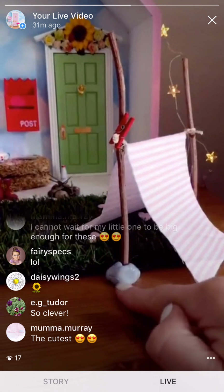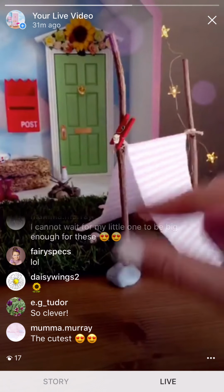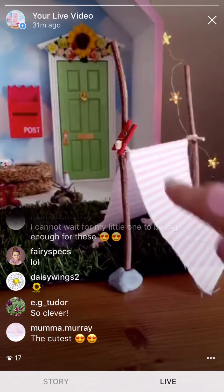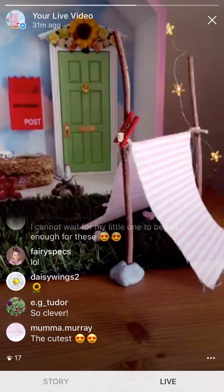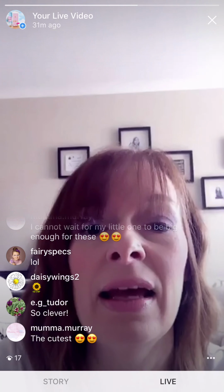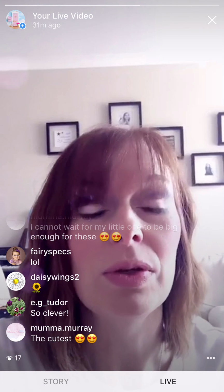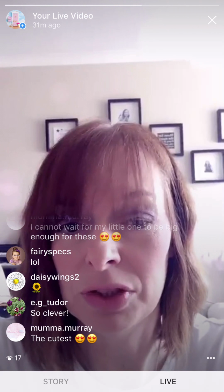Now that's what's fiddly. This takes a little bit of mushing to stick it so that they'll stay up for a while, but it's worth the perseverance. And then you just drape your little bit of fabric over the top. We have always got bits of fabric hanging around this house, but if you haven't, then other things you could use are a clean tissue, or you can get those fat quarters in craft shops and sewing shops,